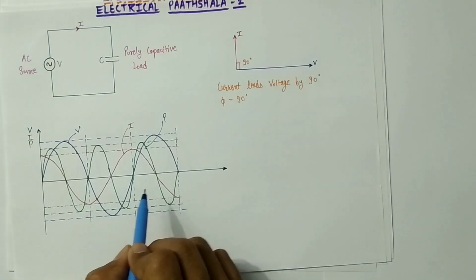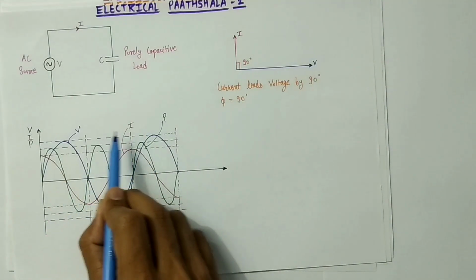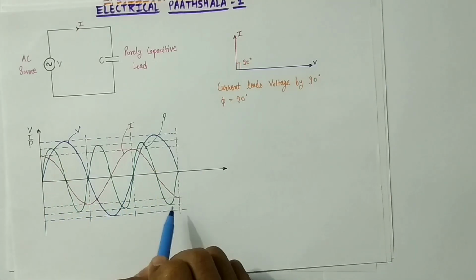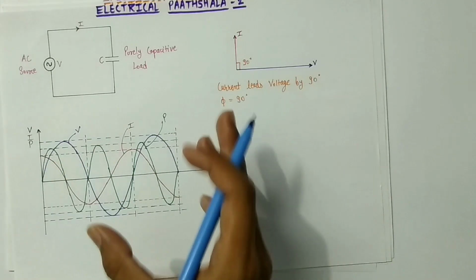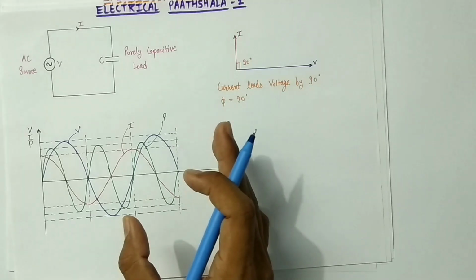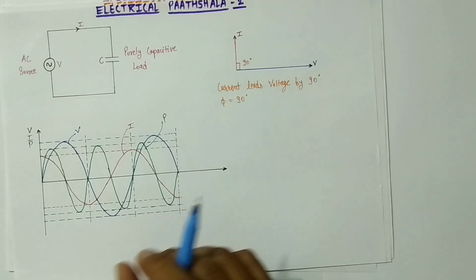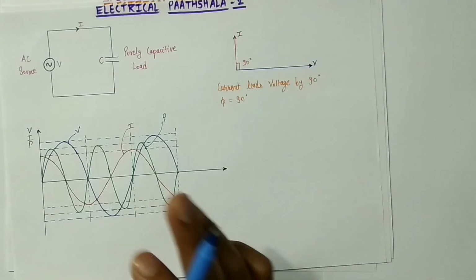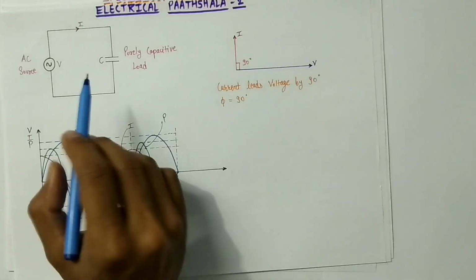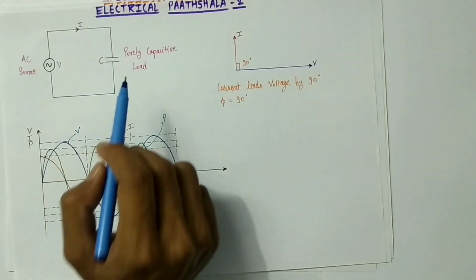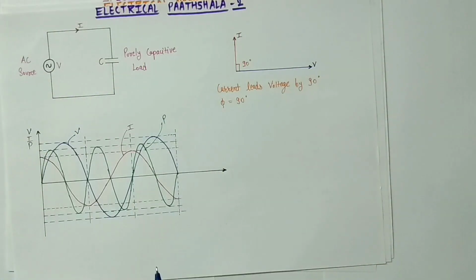Now in this waveform also you can see here that the magnitude of positive and negative power are exactly same. Therefore the average power that we will get out of this system will be zero. So this was your reactive power. Now you must be thinking that why this power is going back and forth in the circuit in the case of capacitive and inductive load. So let's see that why this happens.